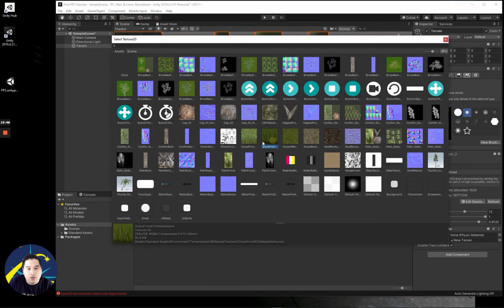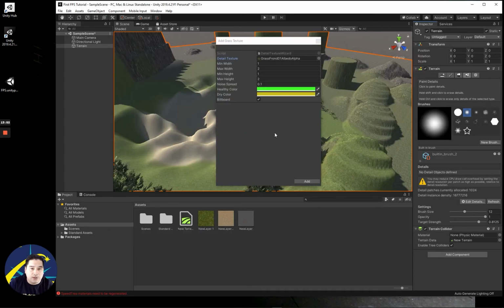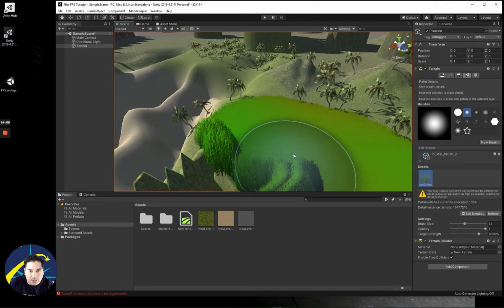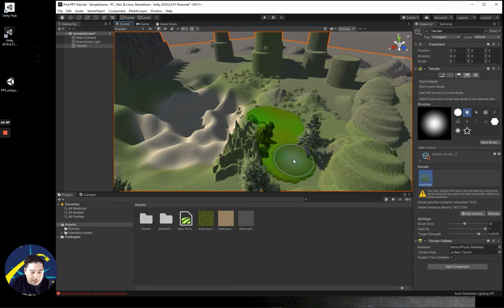within this package there are 2 grass assets. You can choose either, or you can add them both. We'll just click the first one. Once you've selected it, we click add. Now, same way we added trees and the base textures, the grass is simply painted on. And you'll notice that that grass is fairly thick and clumped. We definitely don't want that. So I'm going to either Control Z that, or if you've painted some grass, you can hold Shift and then click